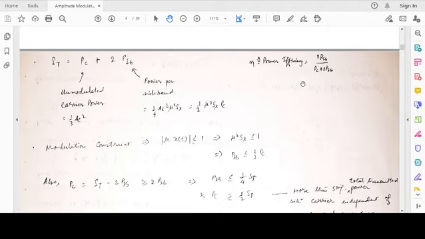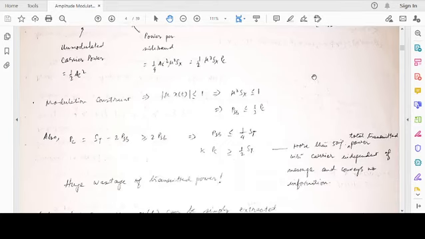So it is 2 PSB divided by PC plus 2 PSB. Okay, so the modulation constraint actually implies mod mu xt is less than or equal to 1. We discussed that before. So that would imply, in terms of power, mu square Sx should be less than or equal to 1. This is, again, the constraint that comes from the viewpoint that we will not go for over modulation. We can faithfully reconstruct the envelope. We can reconstruct the message signal from the envelope itself.